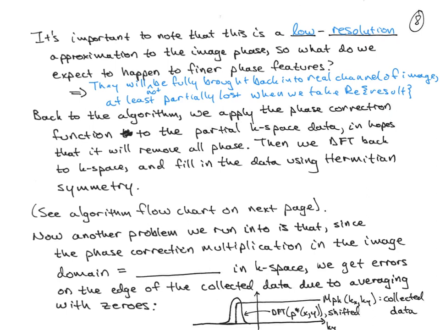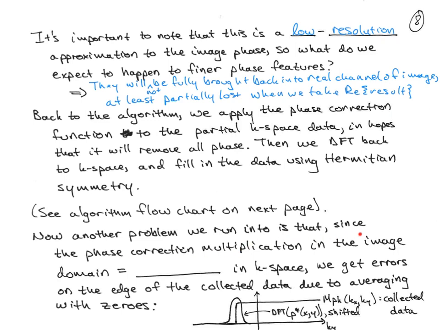So back to the algorithm though, we apply the phase correction function to the partial K-space data in hopes that it will remove all the phase, of course accepting finer phase features that will be partially lost. Then we discrete Fourier transform back to K-space and we fill in the missing data, the data with zeros, using Hermitian symmetry, right? So next I'll show you the algorithm flowchart, but first let's talk about one other problem that